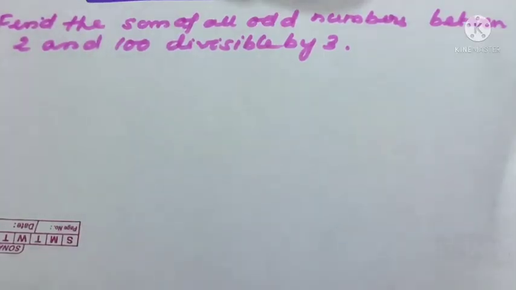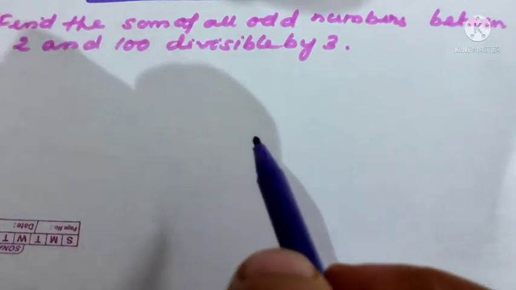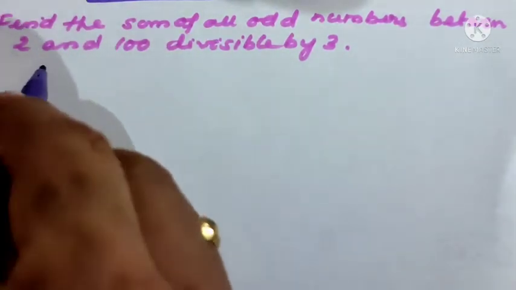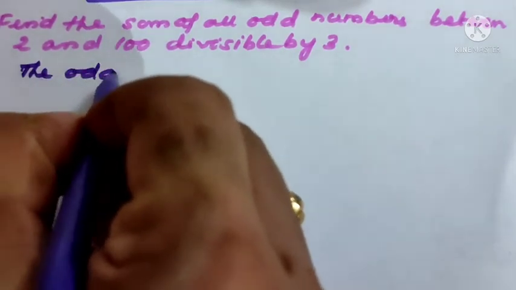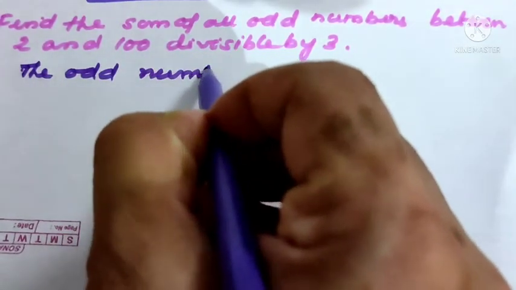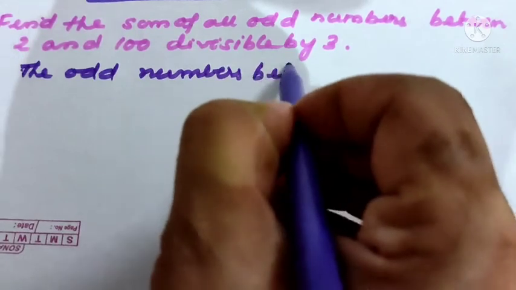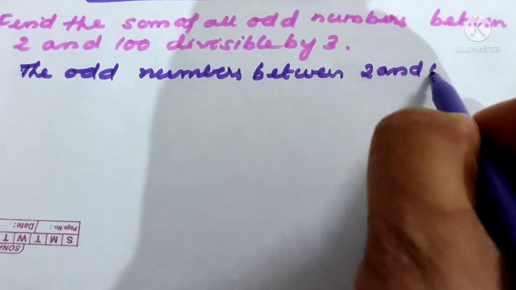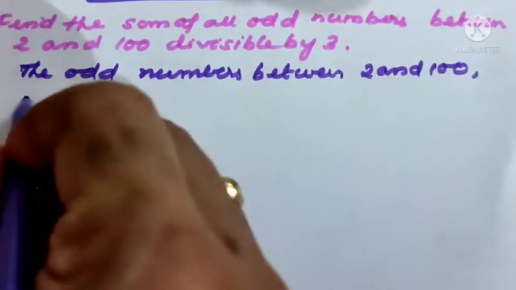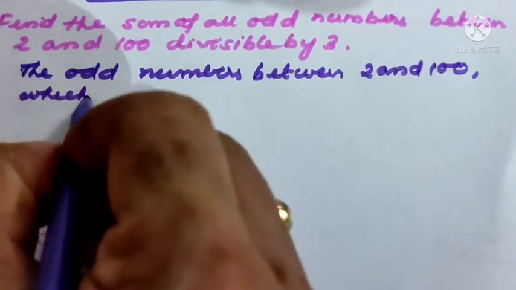Find the sum of all odd numbers between 2 and 100 divisible by 3. So here, between 2 and 100, which are the numbers divisible by 3, that are also odd numbers, we want. So here we will write the odd numbers between 2 and 100 which are divisible by 3 are